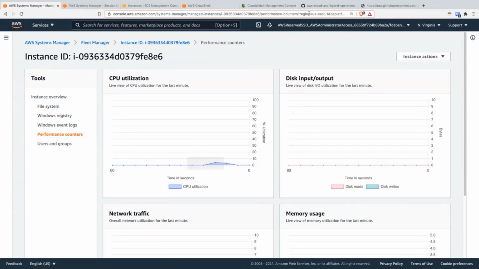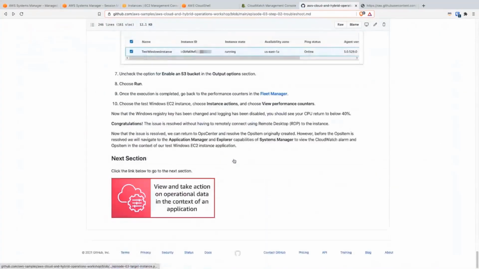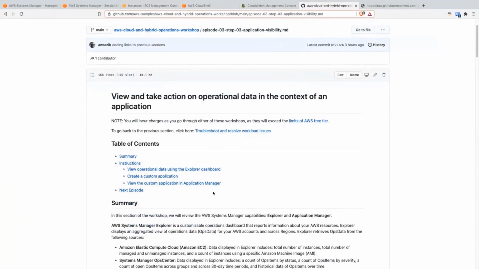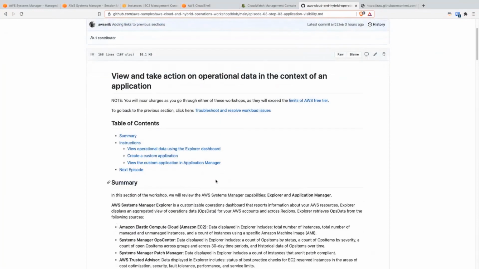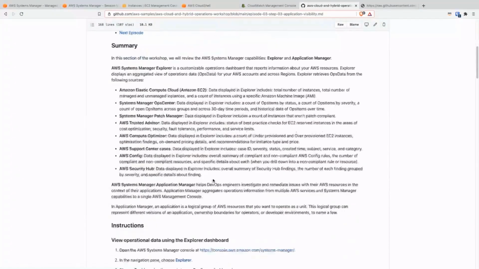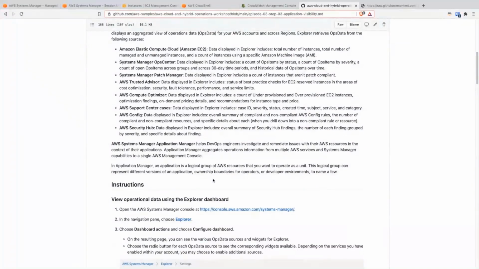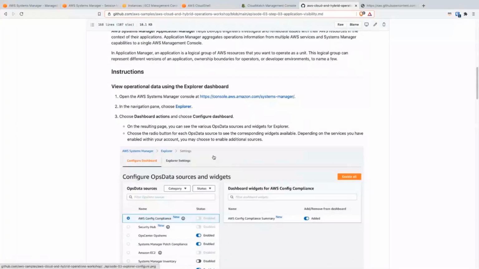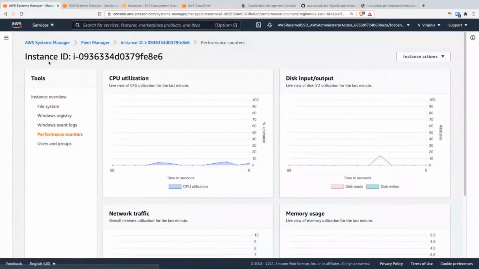That's pretty much what I had for this lab. So the next session is going to take a look at the Explorer and Application Manager, basically. Okay, so the Explorer dashboard, since we used the Quick Start, we do have Explorer already enabled. So if I go here to Explorer,